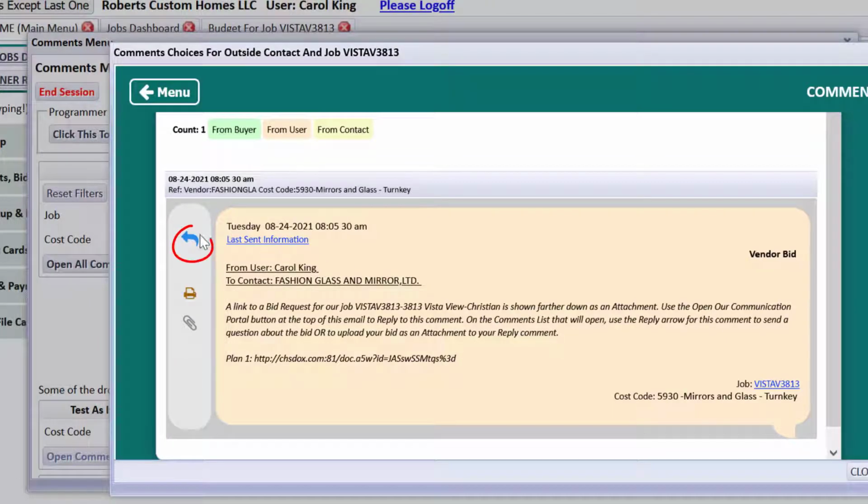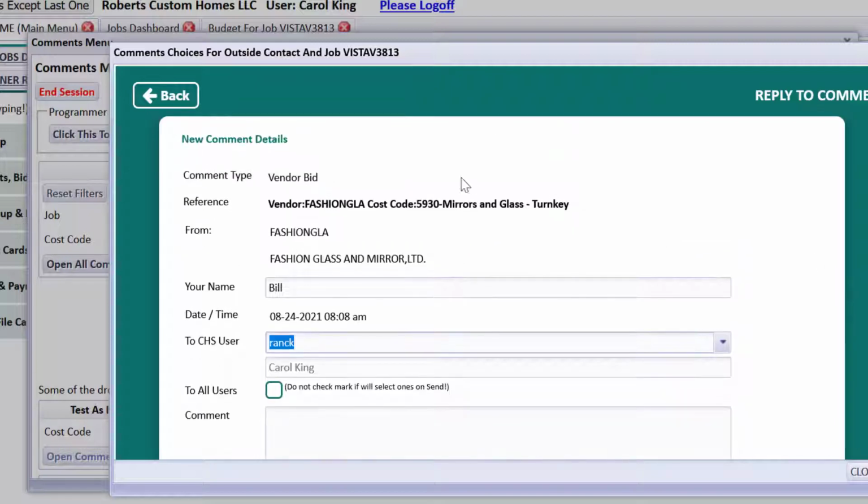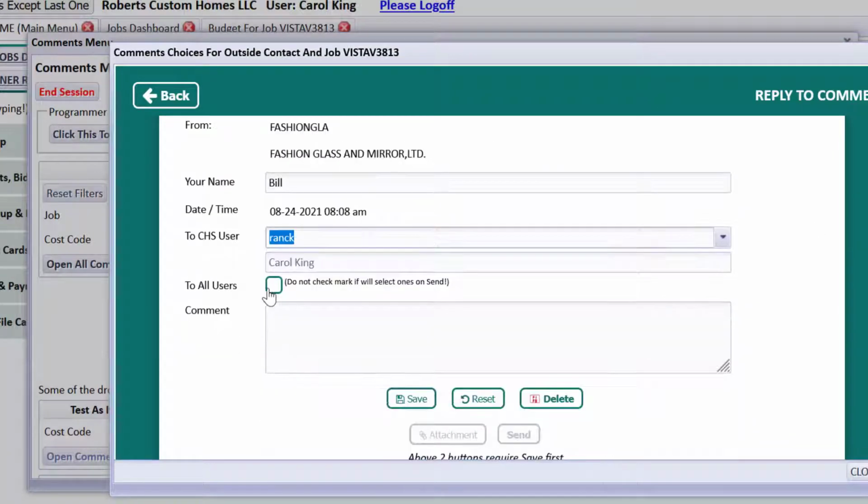So what they can do is do a reply, and I'll say that I'm Bill. You're saying who you are at the vendor so we can know who sent it. So it will require that you put your name in if you're the vendor sending it back. It's going to go to me because I'm the one who sent it, or to all users if you'd like to check mark that, and say attached is our bid quote for 3813 Vista View,